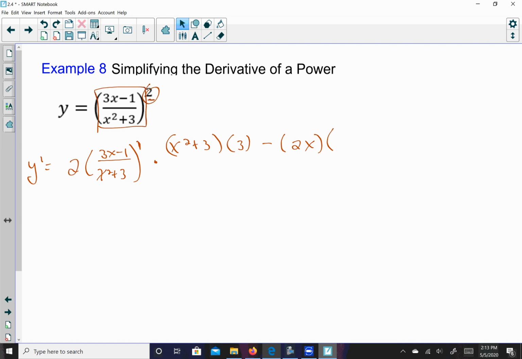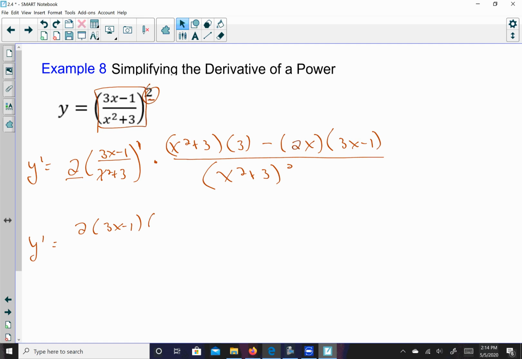Leave this alone, 3x minus 1. And this is all over my denominator squared. So then when I do this, on my numerator, this 2 is on my numerator, so I'm going to have 2 times 3x minus 1